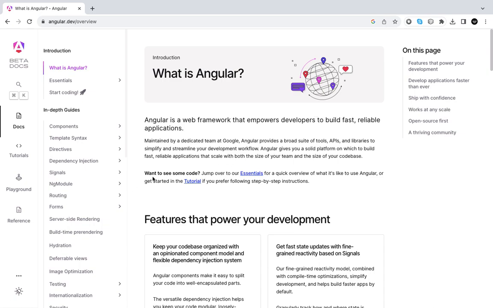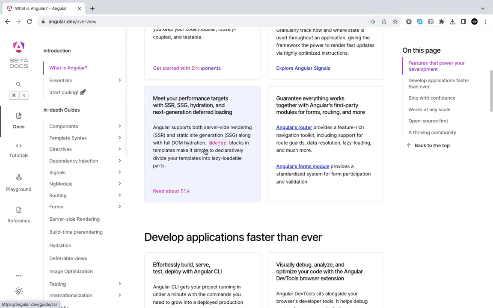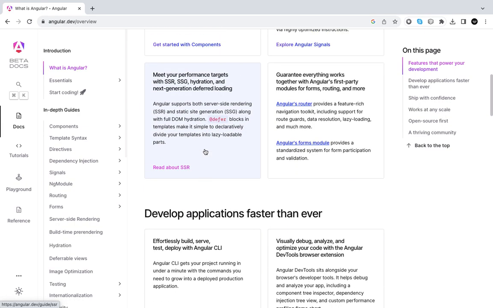So if we want to see some code here, let's just jump over to Essentials for a quick overview of what it's like to use Angular. Before we jump there, let's just go through what they have here on the landing page of Essentials. So, features that power your development, they have some of those, and they do have